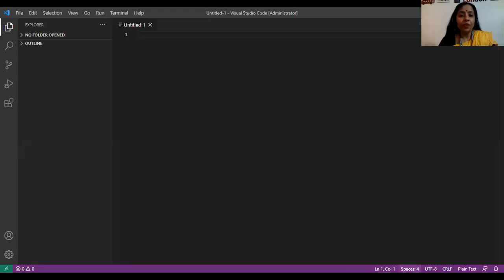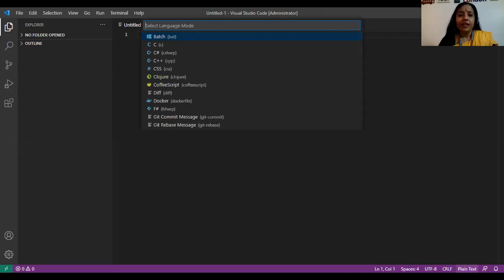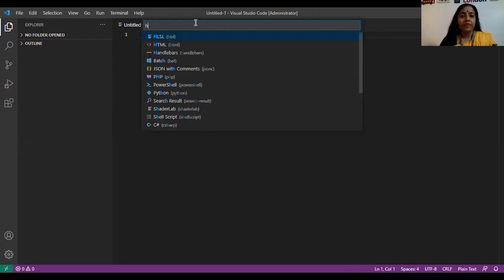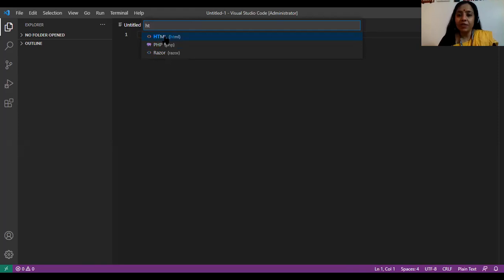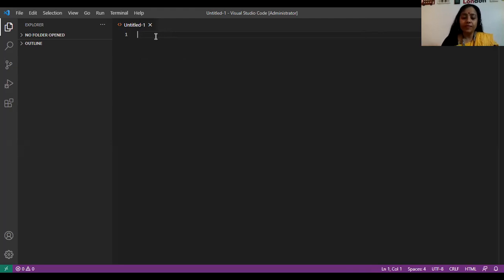You see at the bottom here, just select plain text. Under that, you can see multiple options. Select HTML from here. And you can start to type your code.